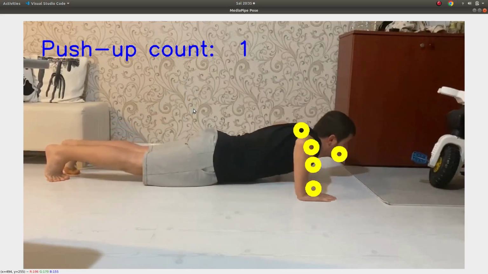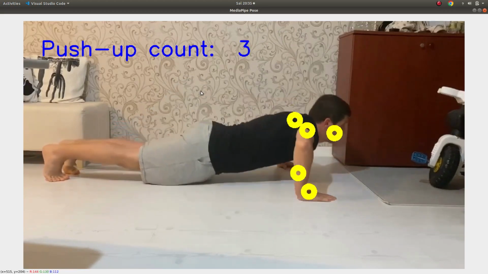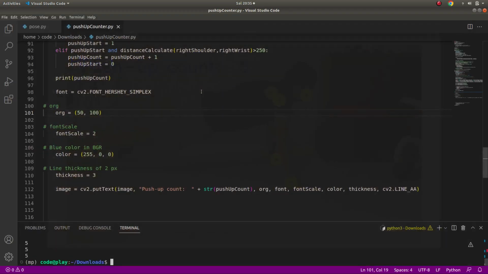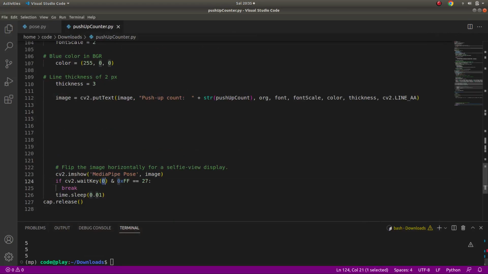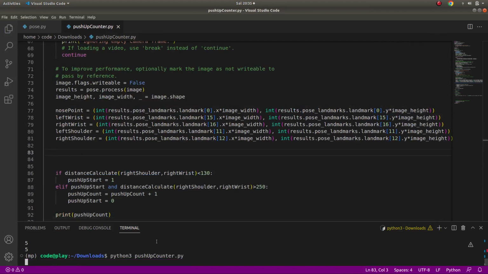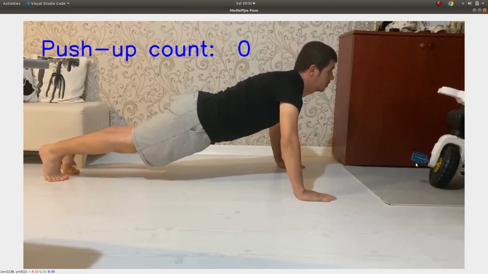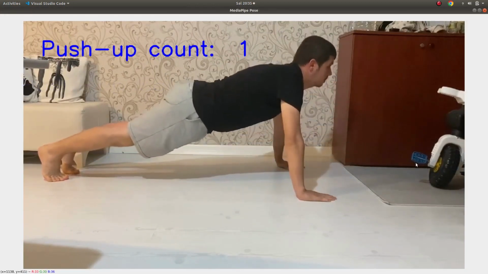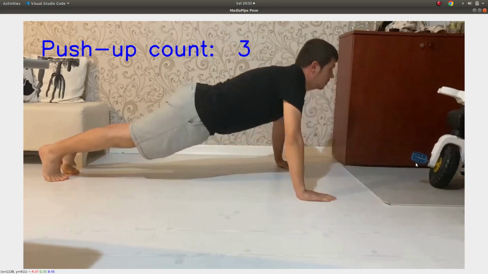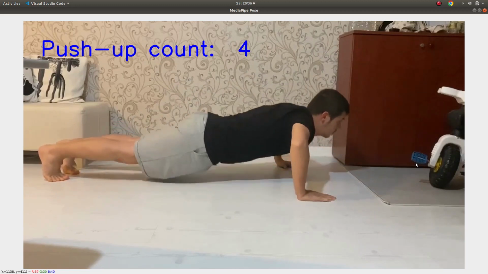1, 2, 3, 4, 5. Okay, that's great. Also, maybe it's better to make waitKey no more and delete the circles and see the result again. Okay, go on. 1, 2, 3, 4, 5